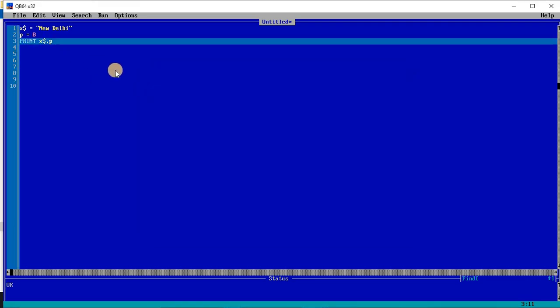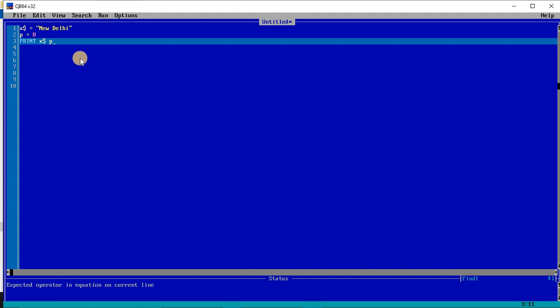Now if I don't use a comma and only write p after a space, then you can see what will happen. Okay, there is an error. Some kind of problem is occurring.